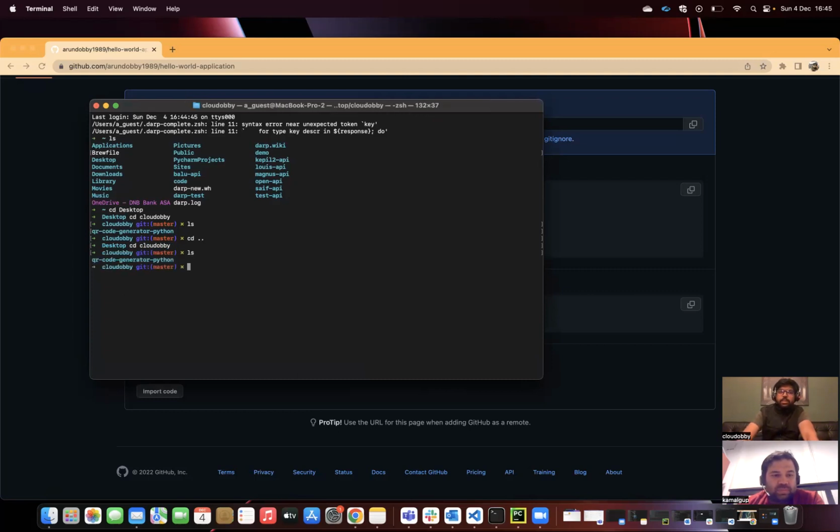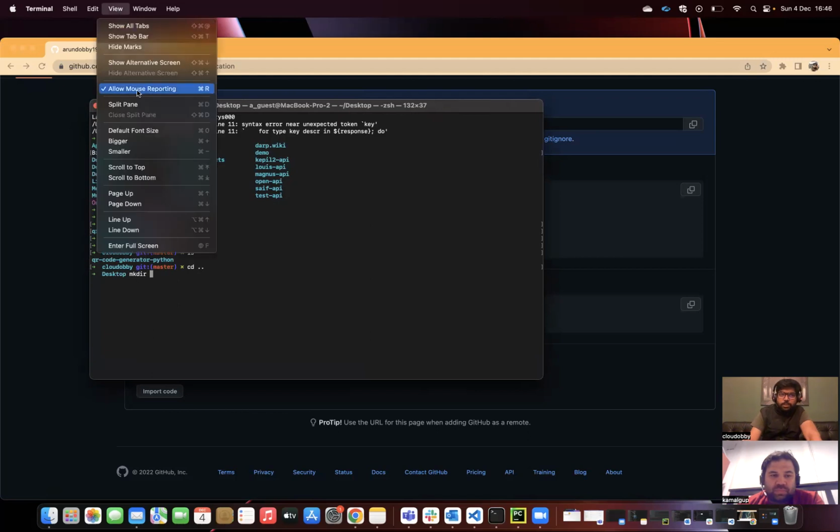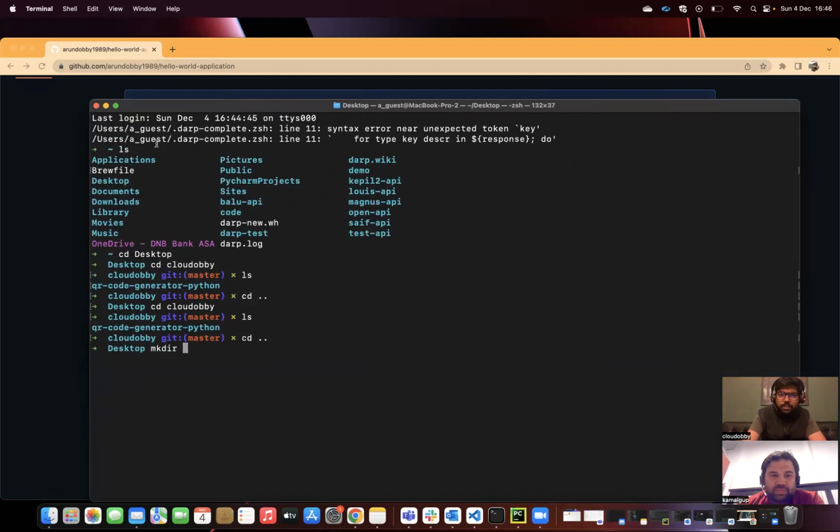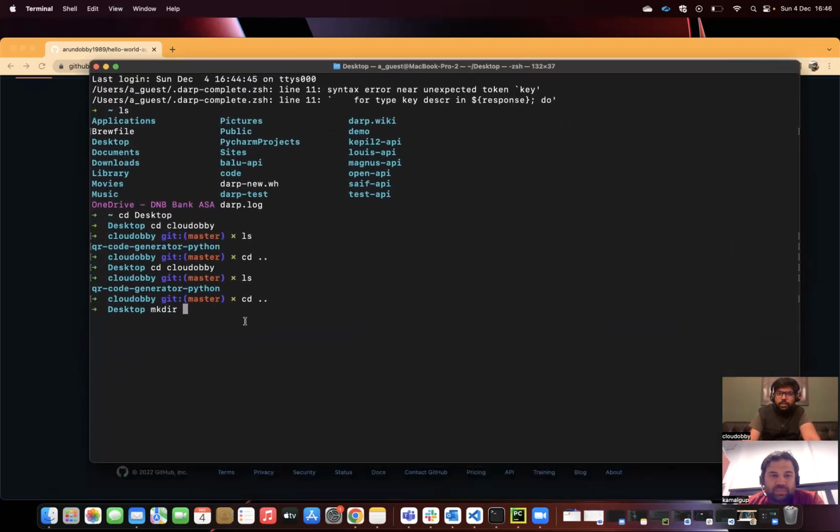So what happened when I gave git init, that folder becomes the repository. So dir, if I cd dot dot, mkdir, I'm going to create one more folder. So I will create one more folder, for example, test repo. If I go to test repo and give ls, there is no file,